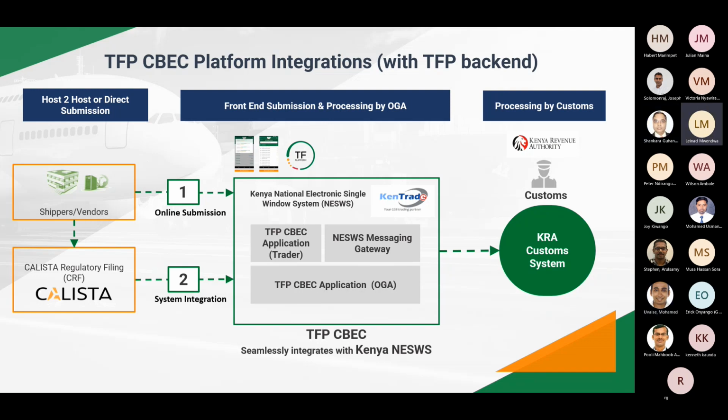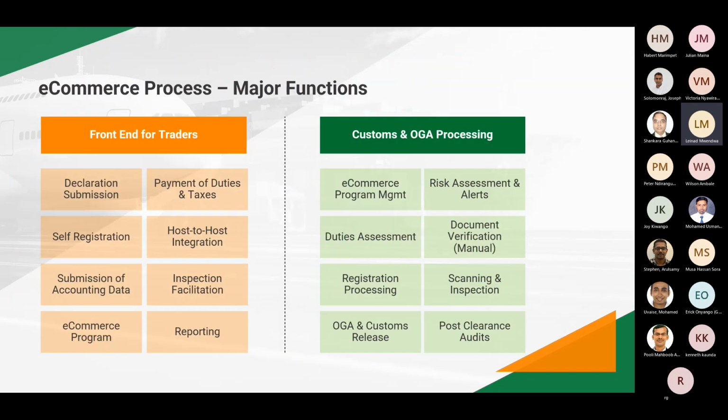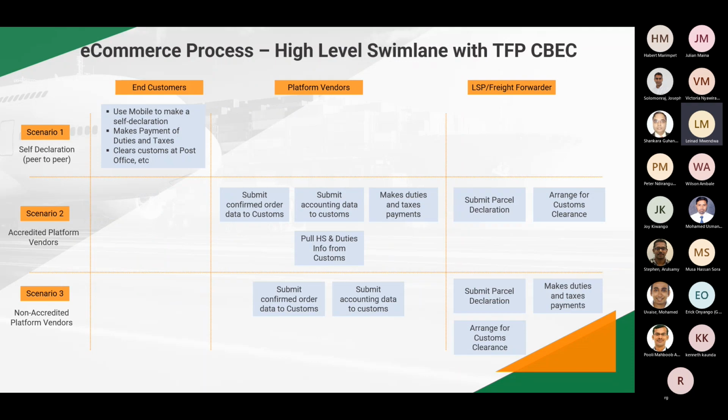My question is on the bit on the shippers and the vendors, because we realize that I could order my goods maybe on Amazon, and then I need to hand them over to a consolidator for the shipping to be done. So I don't know how that is integrated. Is it the shipper, or who is going to actually do the filing online? Is it the person who is buying the goods, or is it the person doing the consolidation? Thank you.